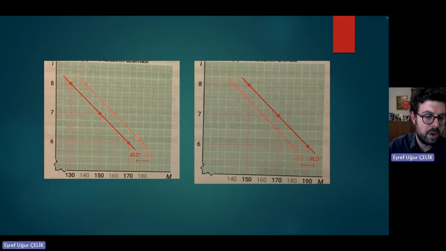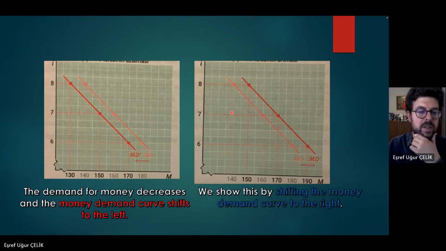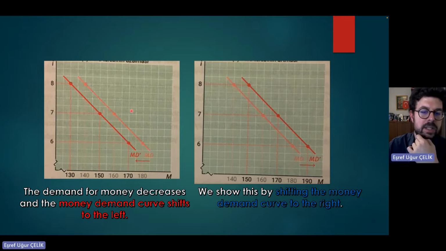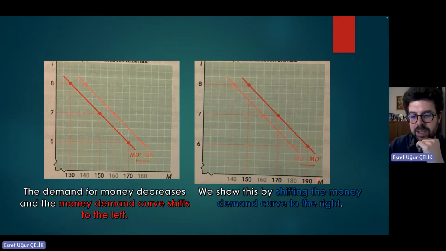That is the money demand curve. If the money demand curve shifts to the left, it looks like that. If the money demand curve shifts to the right, it looks like that. So that is the decrease of money demand. That is the increase of money demand. Again, on the vertical line, the nominal interest rate, and on the horizontal line, the money amount or quantity of money. Not money supply, sorry for that. The quantity of money is more appropriate.